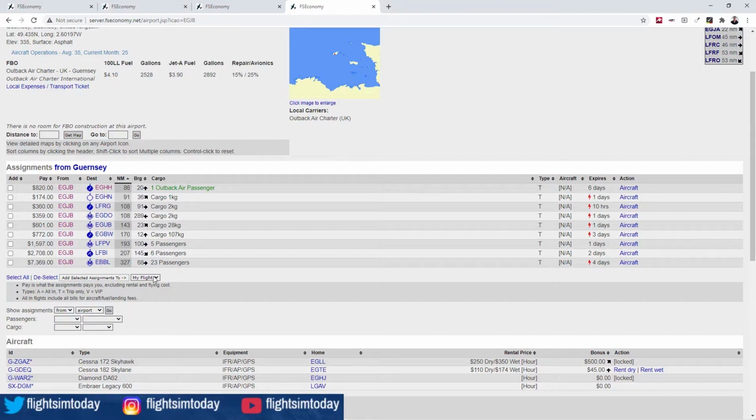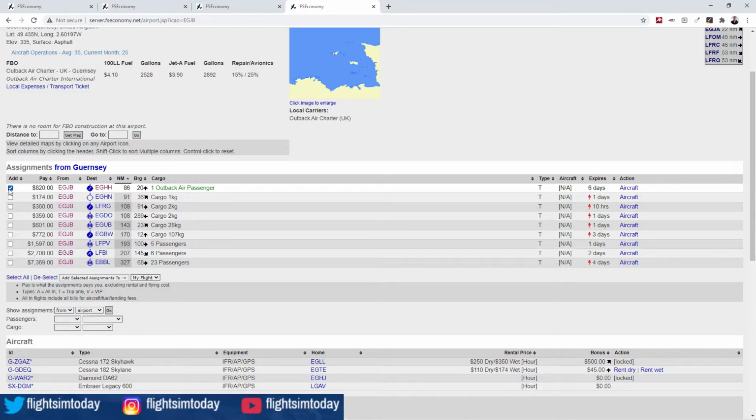So ideally, you would want to find multiple destinations in here. You can pick two, so we could fly from Guernsey to Bournemouth, and then from Bournemouth on to Echo Golf Hotel November at Sandown. So you could do that and then get paid for them both. Okay, so it's a possibility that you take one passenger, then the 1 kilo of cargo, and make the flight. But just to make it simple here, we're going to just basically pick the one job,